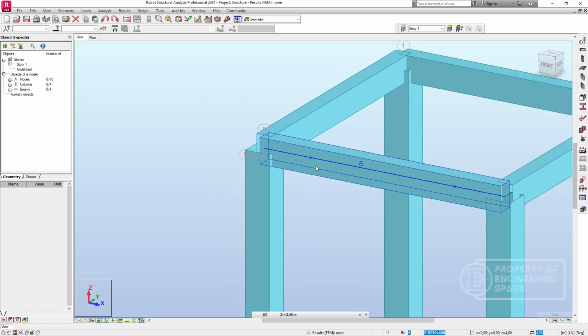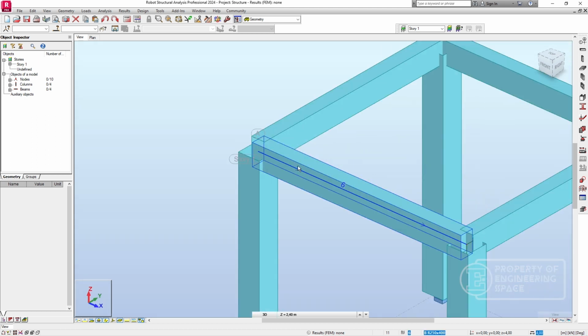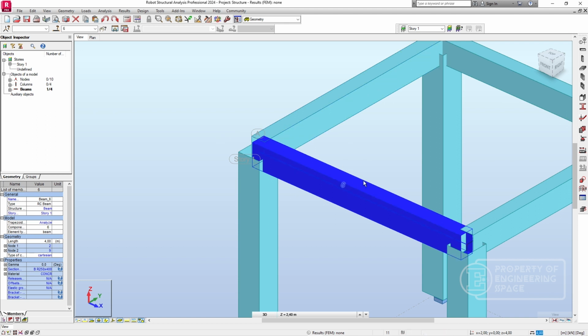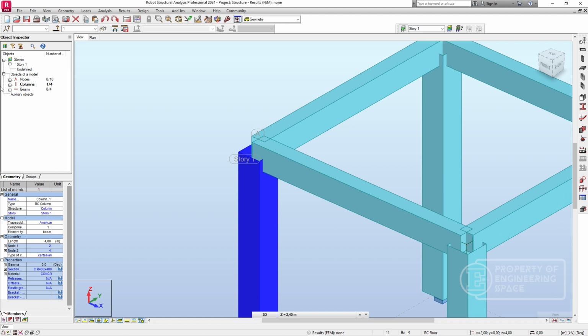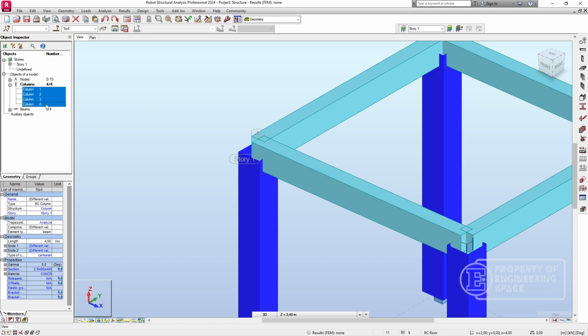As you can see here, if you don't know about the dimension of the beam itself, you may just click on it and you can see on the left side of your window the dimension of the beam itself. And okay, to make it more interesting, let me just plot the column here, and simply go to here to select all of the column. And then we're gonna try to change the dimension into